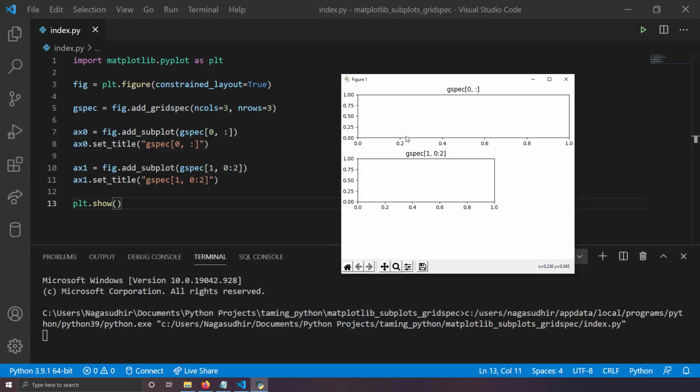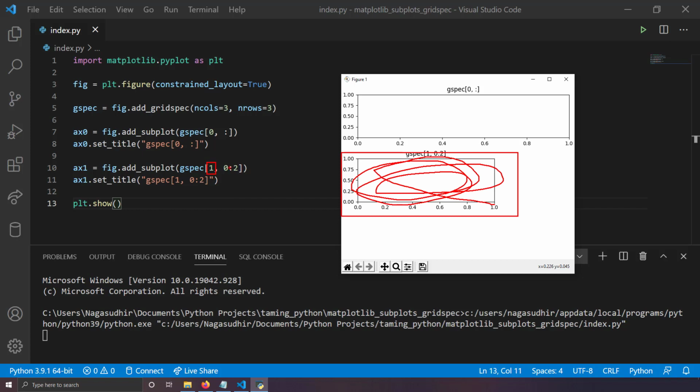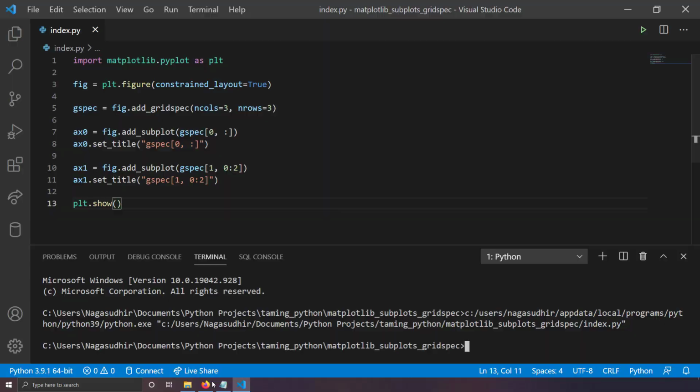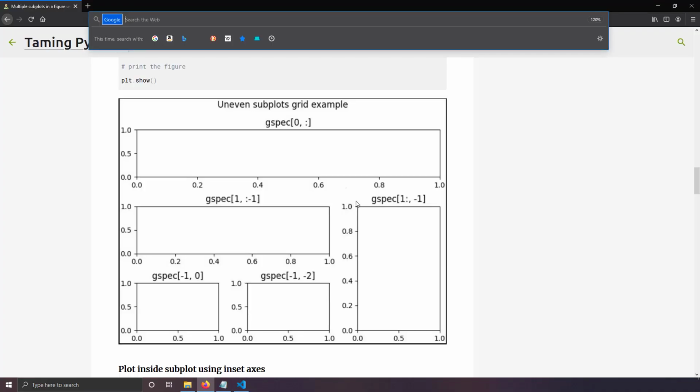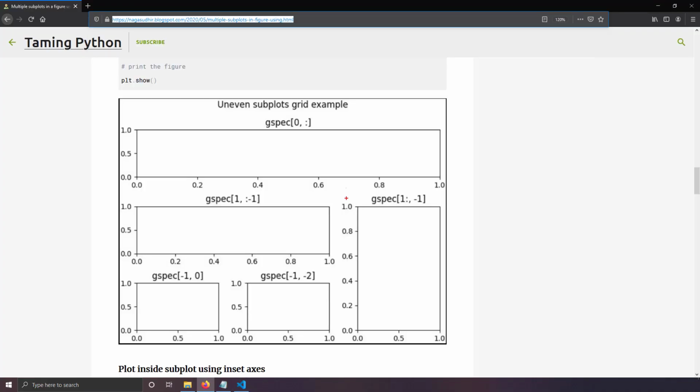So let me see how my 2 axis handles are going to plot the data. Now you can see I have created a second subplot which is in the second row. That means it's going to take the cell of index 1, and it's going to take only the 2 columns, not the 3 columns, right? So that's why I've written 0 to 2. That means the index will be spanning 0 and 1. Now let me add another subplot, which is something like this one. Here I'm going to take the rows 2 and 3, that means index 1 comma 2, and I'm going to take the third column, which is of index 2.